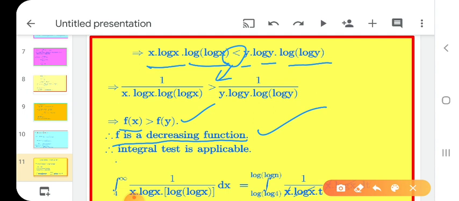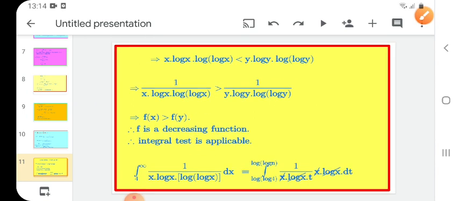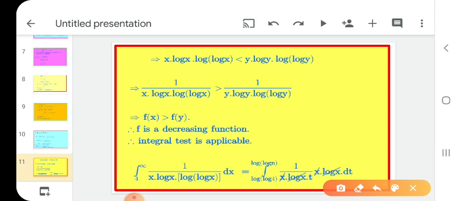So now we can apply the integral test. We take the integral from 1 to n only. Sorry, here what is the summation? n equals 4 to infinity. So I take from 4 to n, not infinity. Just write n here. Just change from 4 to n. Integral from 4 to n of 1 by x log x log of log x dx.